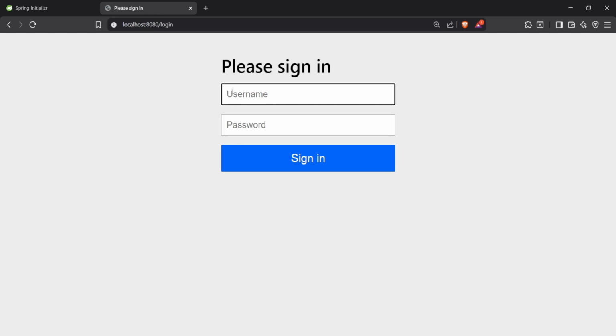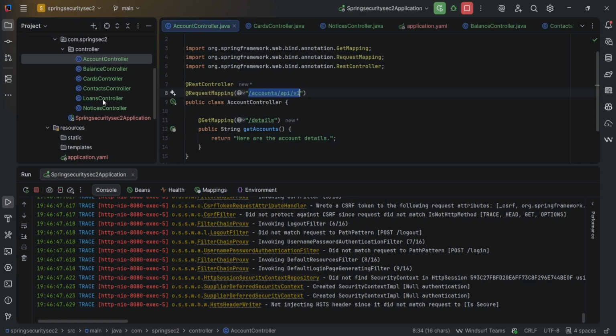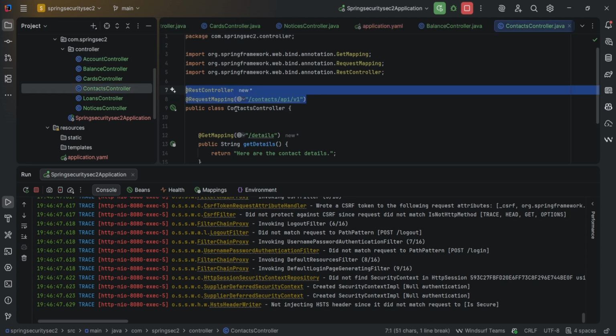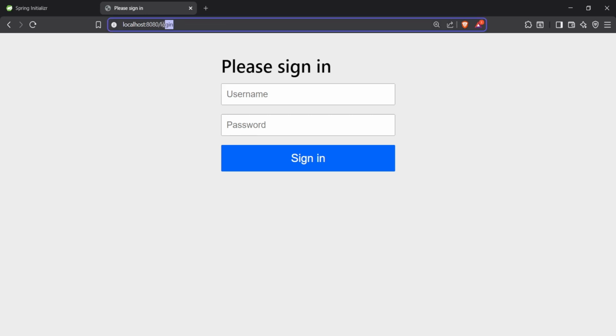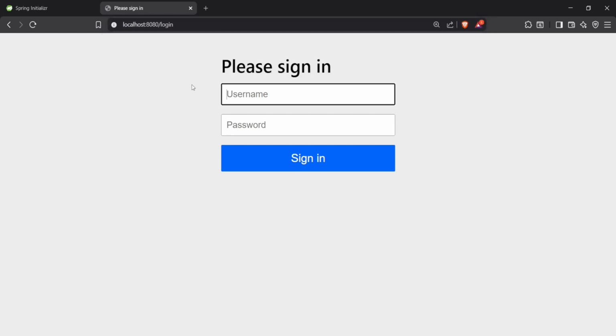Okay, so we are good. Our API is secured. Let me just go to contacts API v1 details. So I'll just go to here, contacts API v1 details. Okay, so